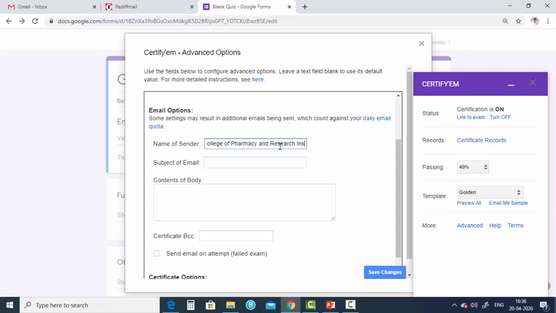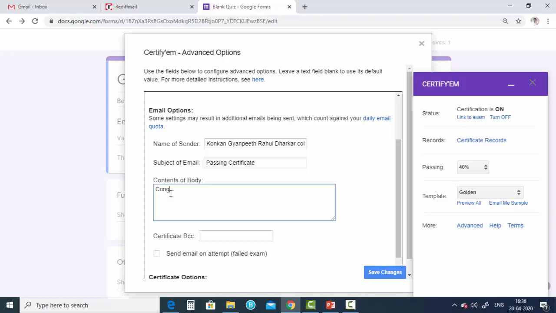So likewise you will get a sender name. The certificate will be sent using this name, but the email ID will be your login name. Now the subject of the email will be passing certificate. Now in the email you can write congratulations.